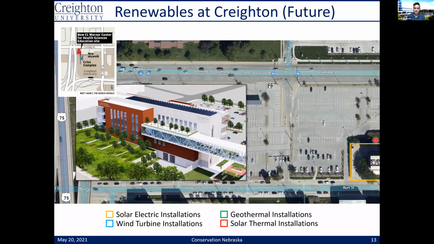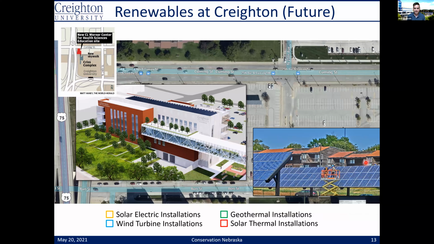And for those familiar with the Creighton campus, 24th Street sits just to the east of this building, and 24th Street has been really revitalized in the last year or two to really make it a nice thoroughfare. We call it the 24th Street corridor. And the hope is that if we have panels now at this southeast corner, these are going to be really visible as you're driving down 24th Street, and you'll be able to see this beautiful array. So the vision should be that now, instead of seeing the backside, we'll be able to see the front side as you're driving north on 24th Street.